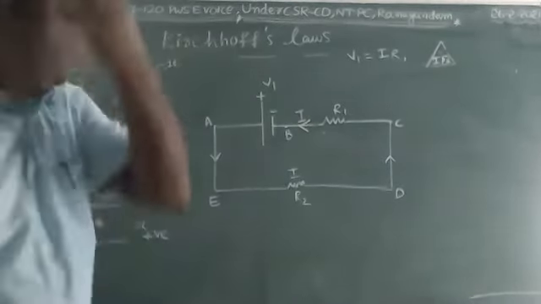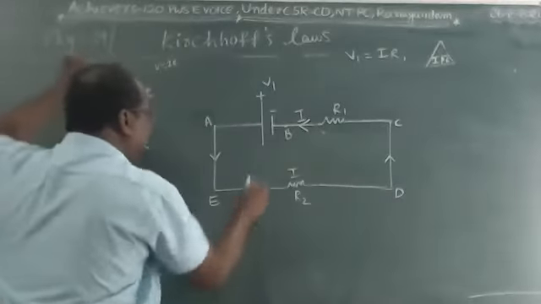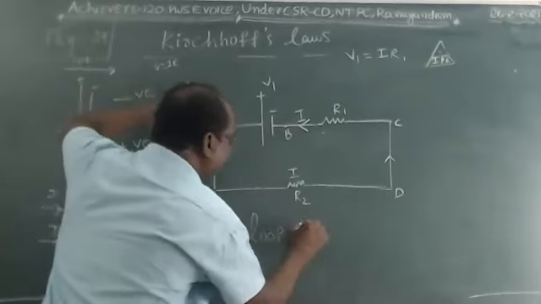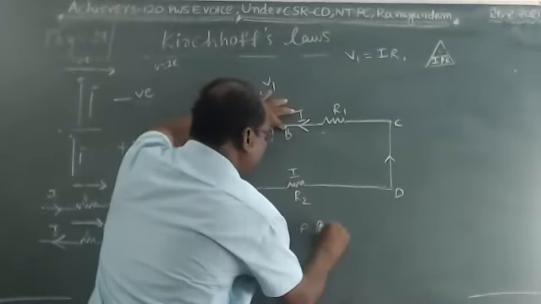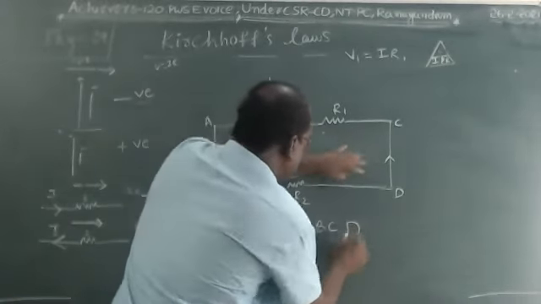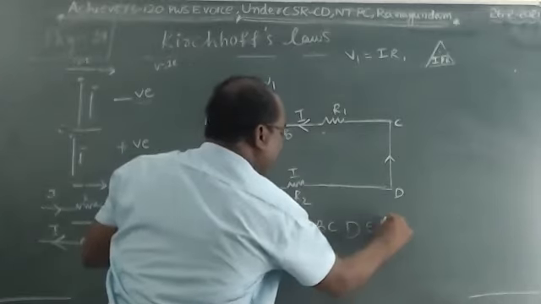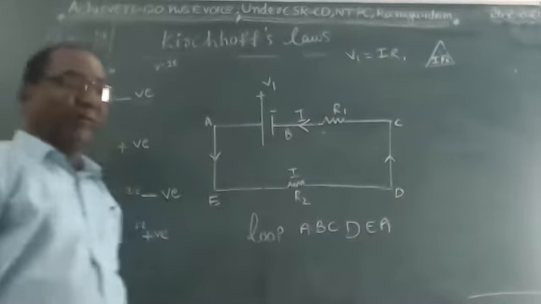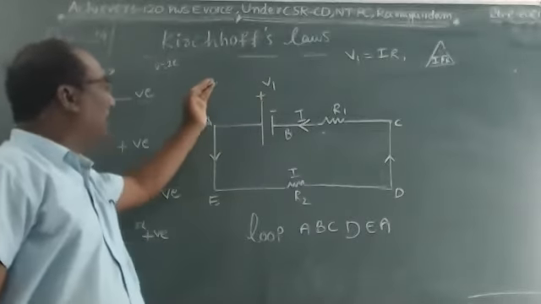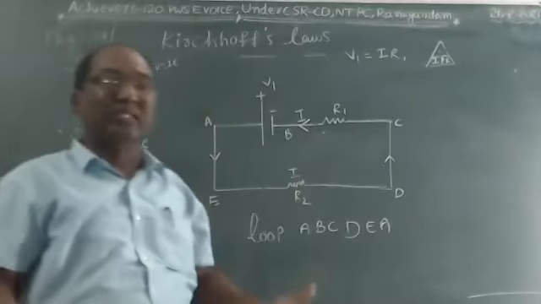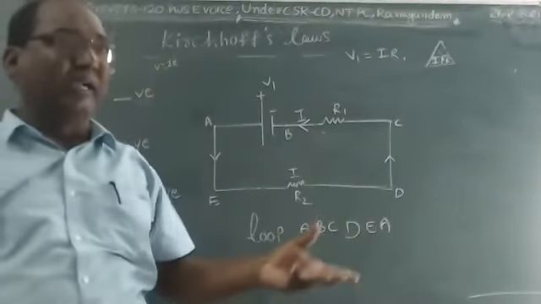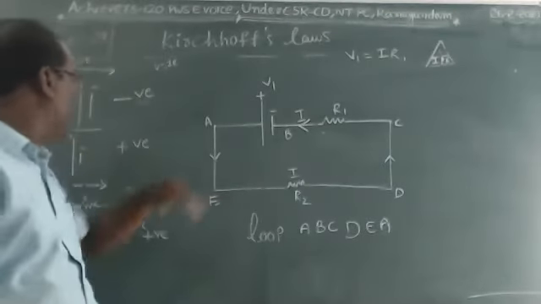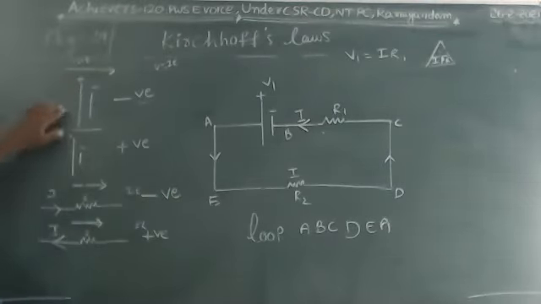So this is another loop. Again, here is the second loop. It also starts from point A, B, C, D, E, A. So this loop is given. We have to solve the loop: how the current and resistance change, whether they are positive or negative, whether they increase or decrease. Let me see this according to this loop. You have to keep in mind these sign convention rules.